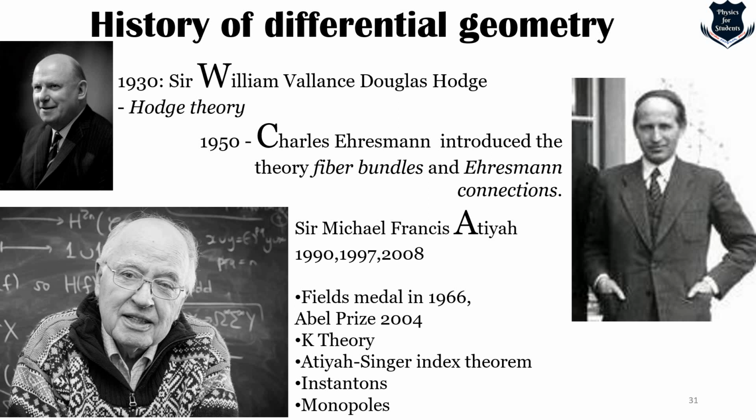He was awarded the Fields Medal in 1966 and the Abel Prize in 2004. So this is a brief journey starting from Eratosthenes ending up at Sir Michael Atiyah, a brief idea of the history of differential geometry, which I am sure gives us a fairly better understanding of the